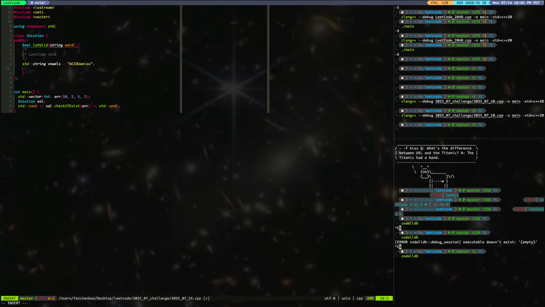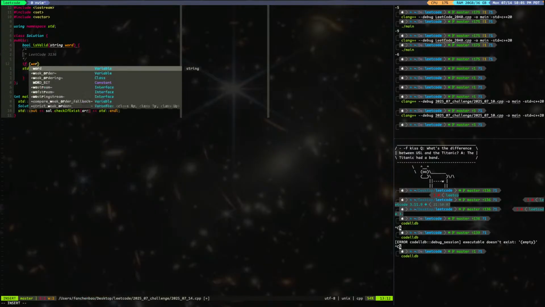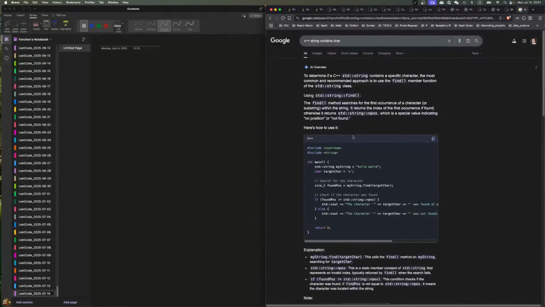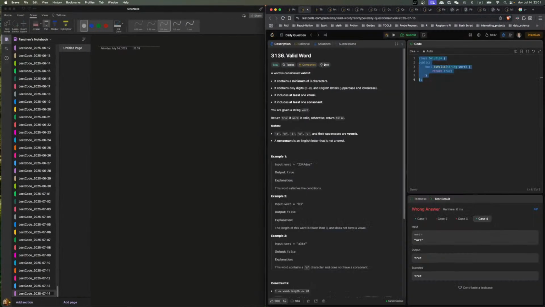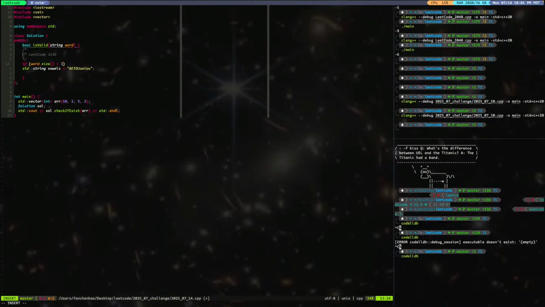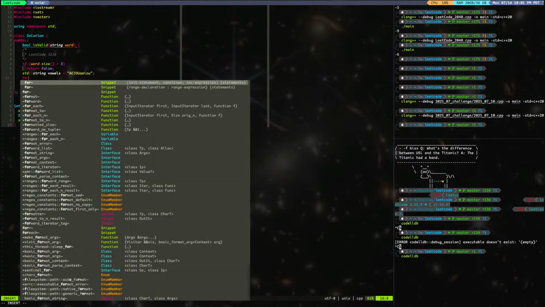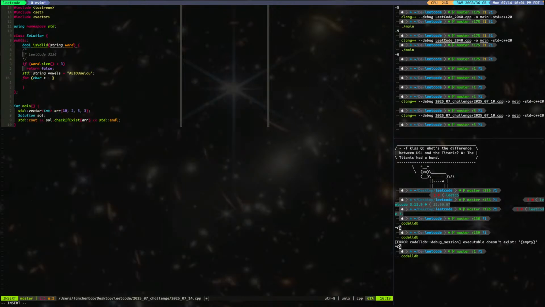Yeah, we're gonna do this AEIOU thing. And then, actually, I think I can first start with, say, if size is at least 3, right? Yeah, if it's smaller than 3, return false. Okay. And for char of word,